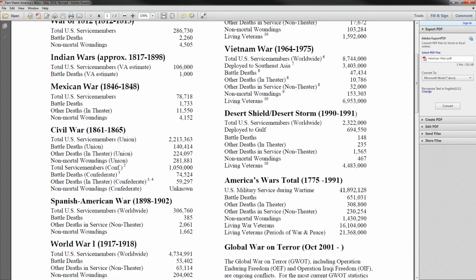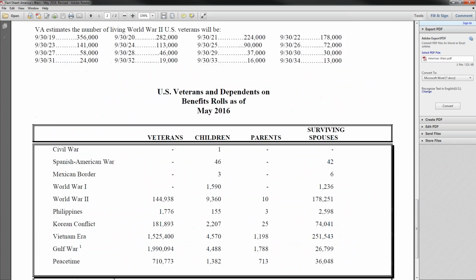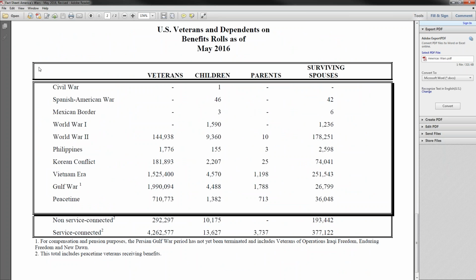lists out America's wars. But what was really interesting to me here at the bottom, it has a table of wars and who's still receiving benefits based on the veterans and the dependents of those veterans. And this was really fascinating to me. From the Civil War, there's still one child receiving benefits. That's incredible. From the Spanish-American War, there's still 46 children, 42 surviving spouses. And this is as of May last year, but that's just amazing that there are still people receiving benefits that